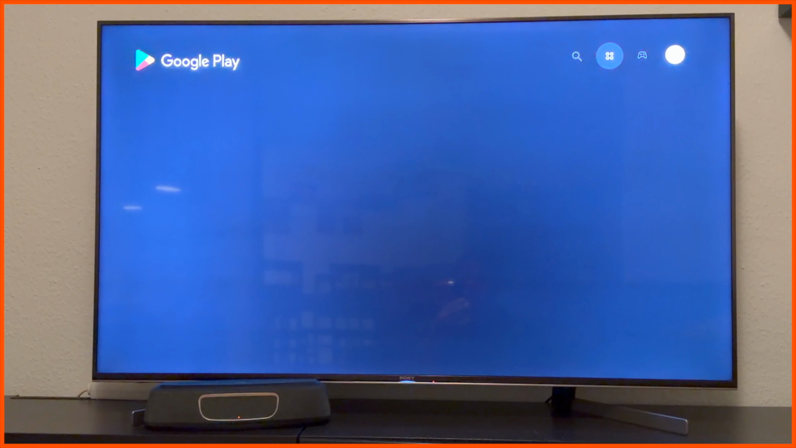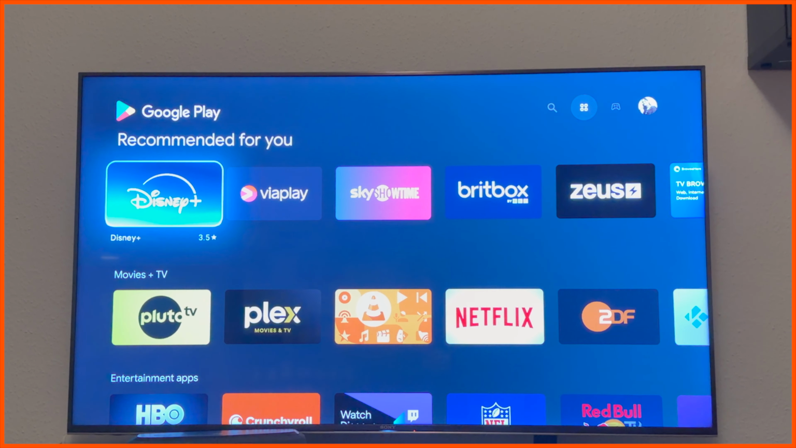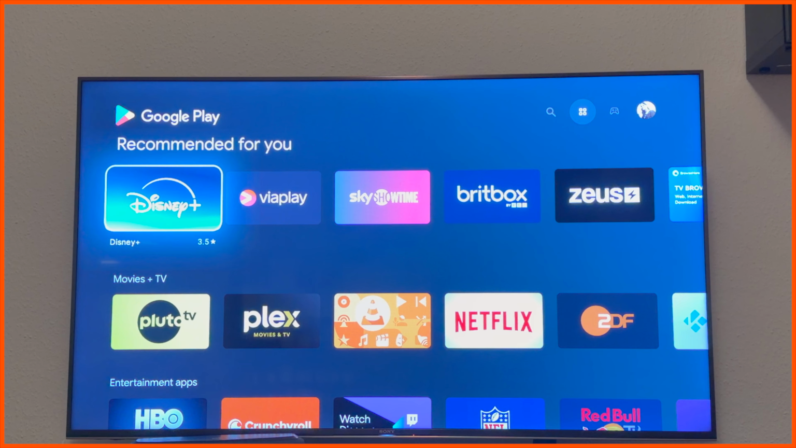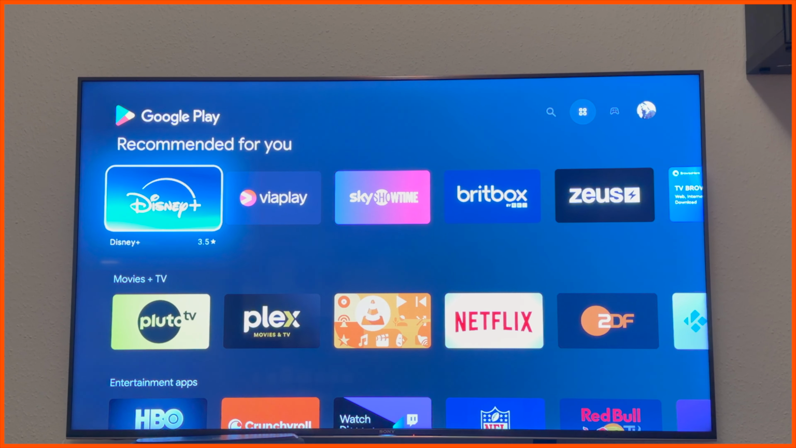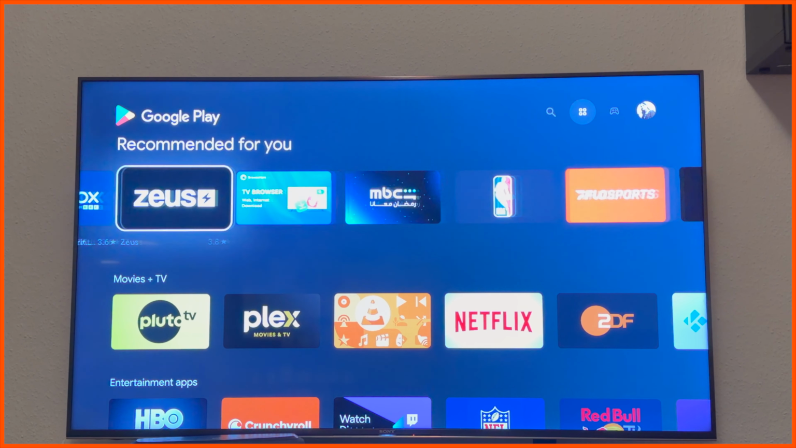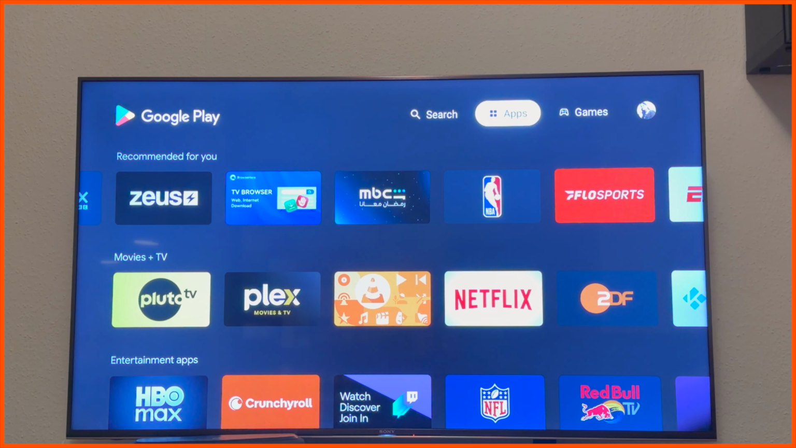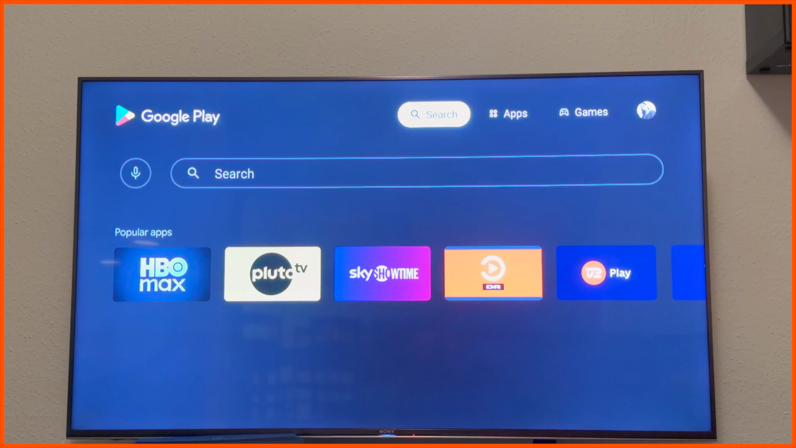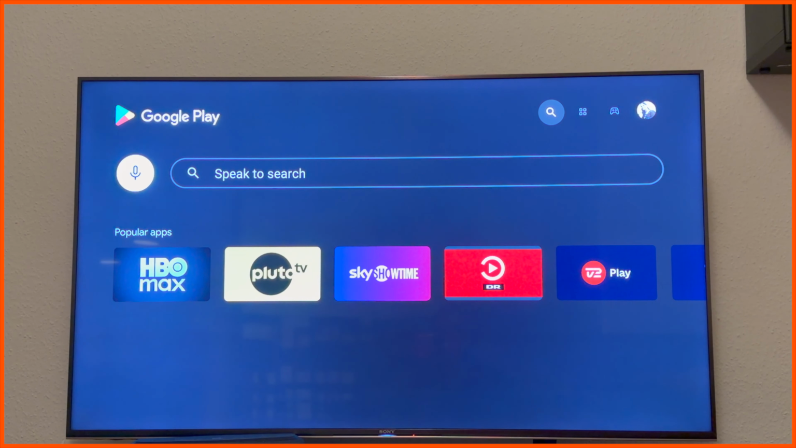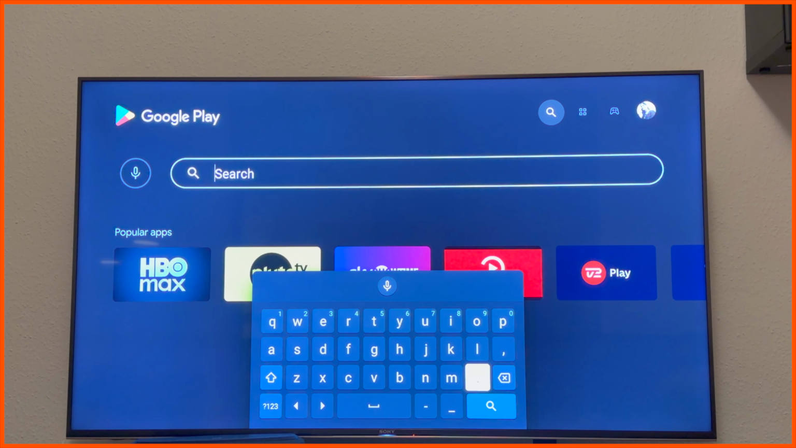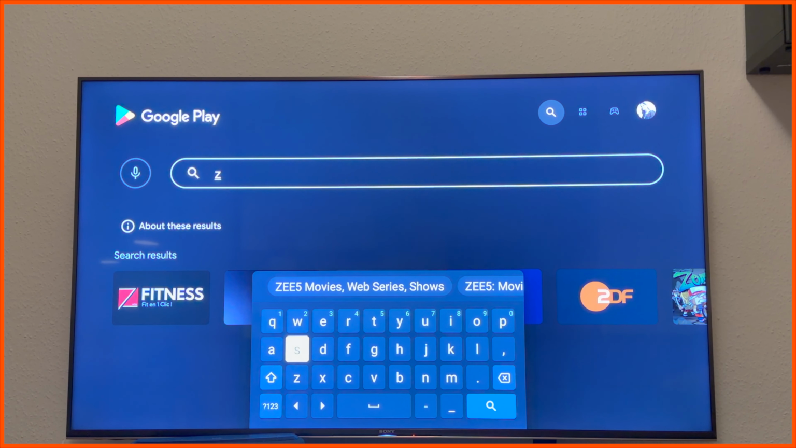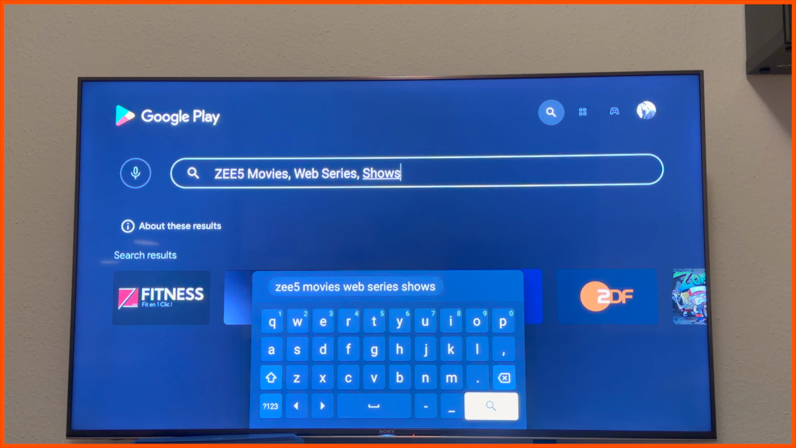Here, based on Europe, if you want to download or install any Indian application or any application, whichever application you like, accordingly you should search here. So the search menu option is also available. You just simply type here which application you want to install. As per my perspective, I just simply install Z5, so I can watch Indian movies and web series as